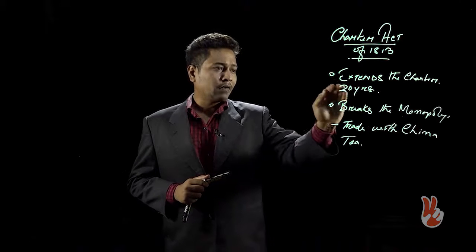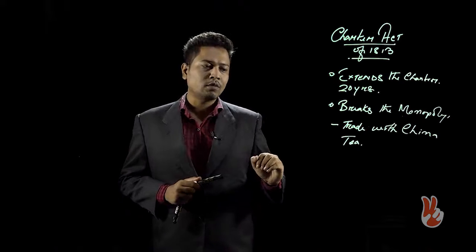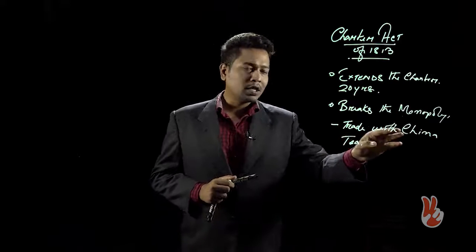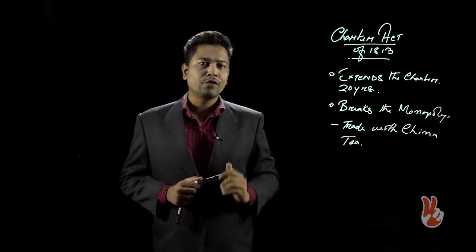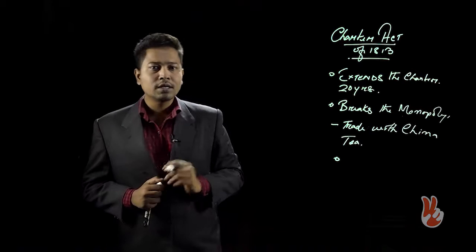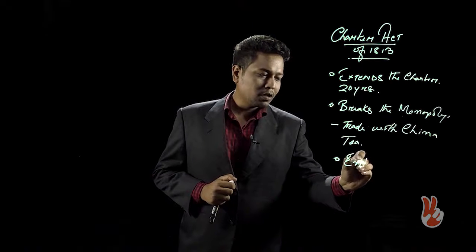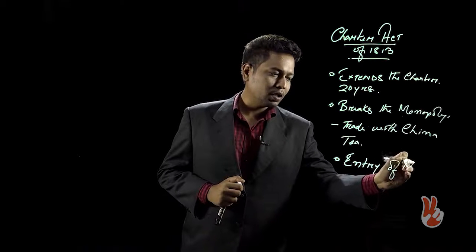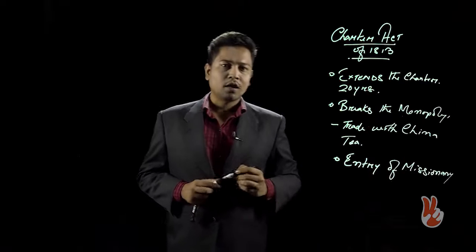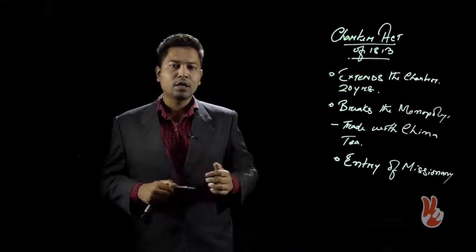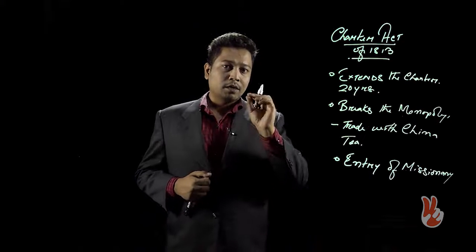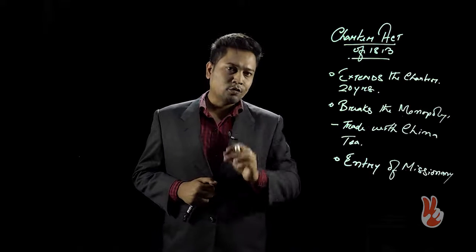Okay, even after extending the charter of the East India Company for 20 more years, at the same time it allows the East India Company to retain the monopoly over the trade with China, and also the monopoly over the trade in tea. And the third most important aspect of the Charter Act of 1813 is that the entry of missionaries and missionary activities into India is allowed by 1813, and it is however predicated upon exclusive and